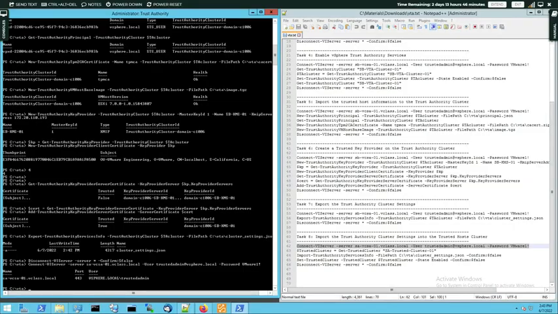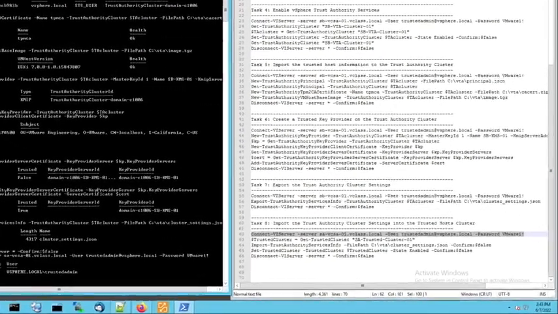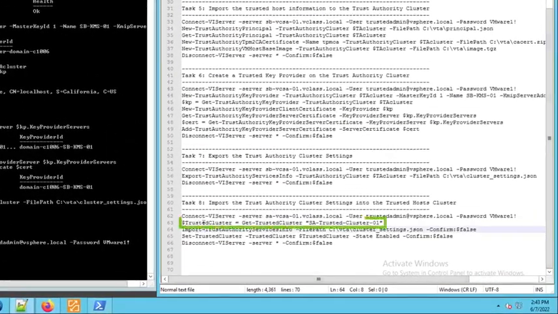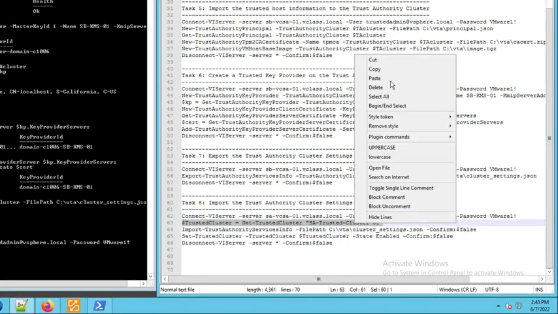So now we are going to assign the trusted or attested cluster to a variable. Let's call it trusted cluster by using the command Get-TrustedCluster SA trusted cluster 01. Let's copy it